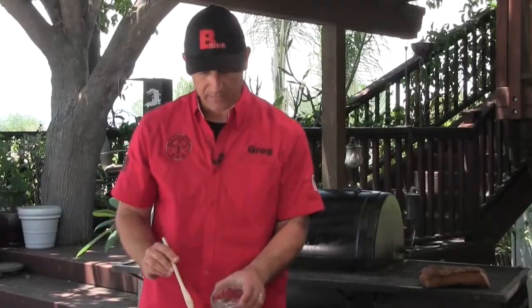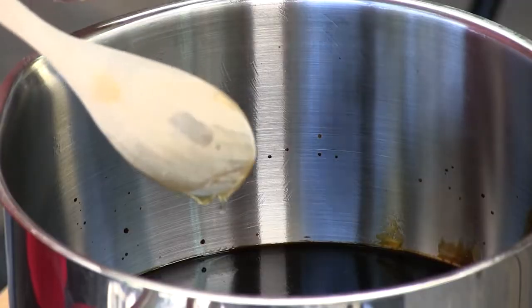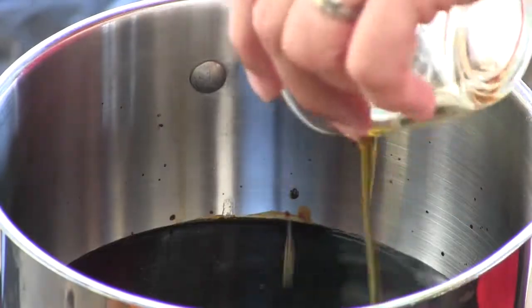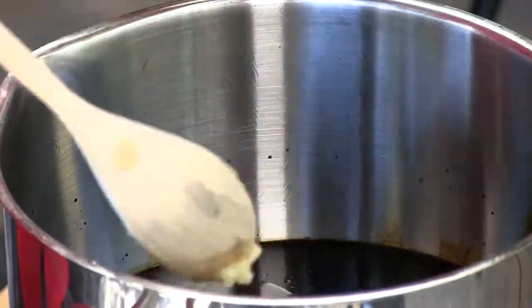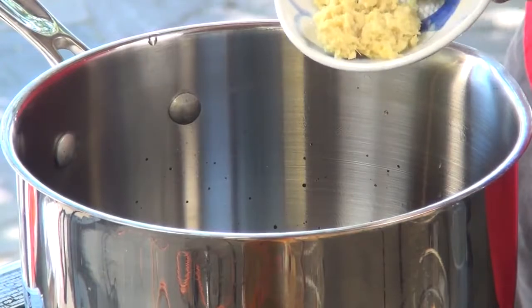One-half cup of rice wine. This is rice wine with the alcohol in there. 1 tablespoon of rice wine vinegar. 2 tablespoons of sesame oil. 3 fresh grated garlic cloves. About 1 tablespoon of freshly grated ginger,